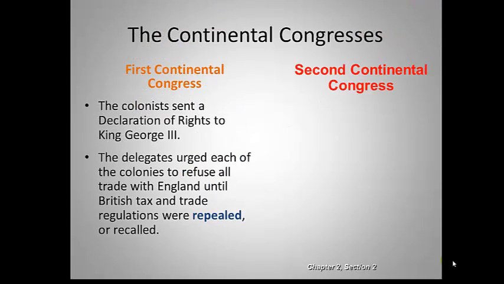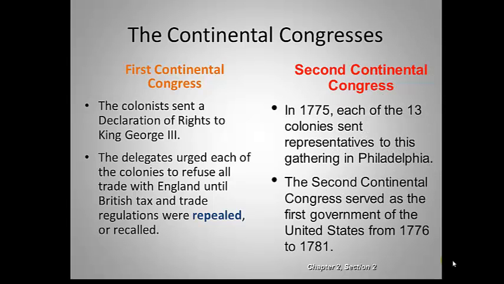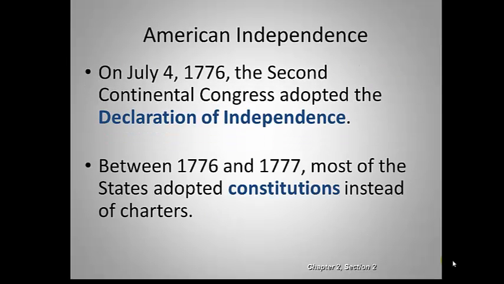If you need to stop it for any reason, if you want to read it, use that handy pause button to do so. All right, so the Declaration of Independence had some important ideas that you ought to be familiar with. The idea that all men are created equal, that they are endowed with certain unalienable rights, that among these are life, liberty, and the pursuit of happiness. And of course, Jefferson just swapped the pursuit of happiness for the property that Locke espoused. So basically it's the same thing.